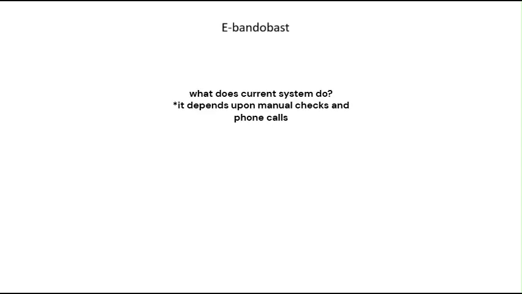So imagine a major event in a city like Margao or Panjim, where thousands of people gather together, and this gathering needs a critical and effective police deployment. Okay, so the current system relies completely on manual checks and phone calls, which are quite slow and